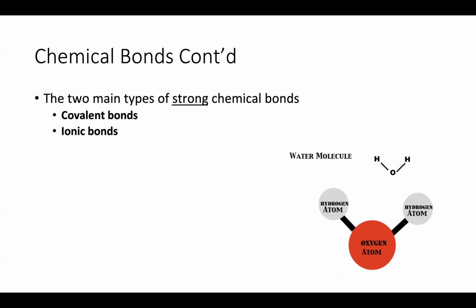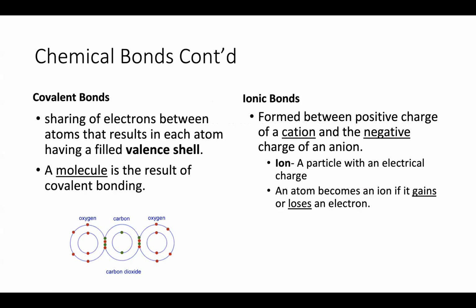Not all interactions are going to be strong though, so there are also weak bonds that we'll take a look at, that we see in our water molecule with hydrogen. But here we have covalent bonds and ionic bonds. Write this down. Covalent bonds are formed during the sharing of electrons between atoms that result in a filled valence shell. This is a lot of information, but just try to picture with me